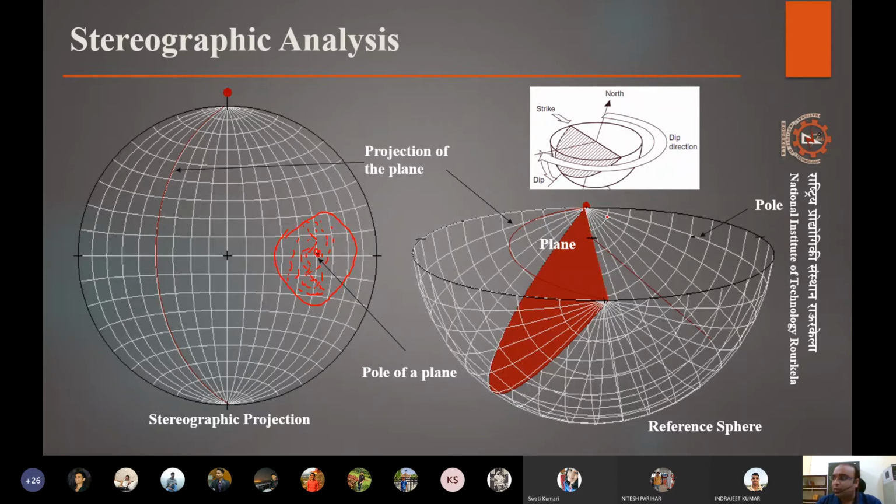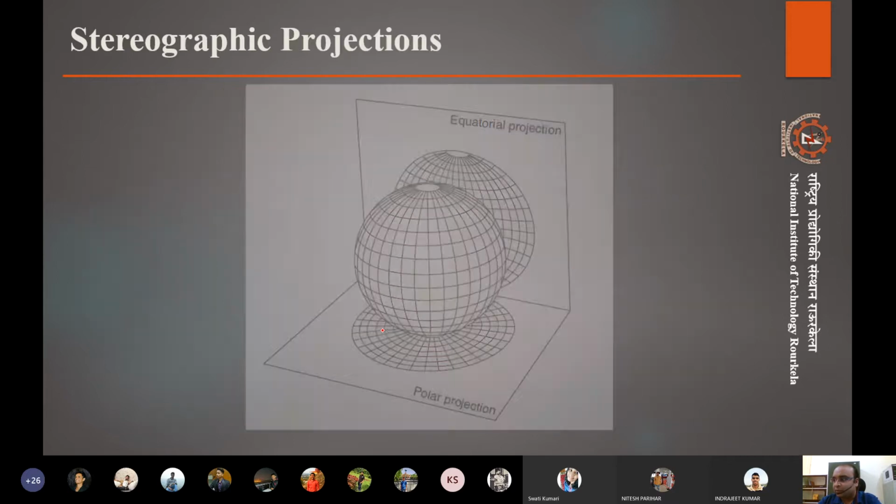Correct. So when we see how we decide a plane can be projected, we mark its strike with respect to north, or we see the dip direction, choose the dip direction and go to the dip. That is what is represented here in 3 dimensions. I understand it is confusing, but I will show you some more things and how to do it, and it will be much clearer. So let's move ahead and we'll see.